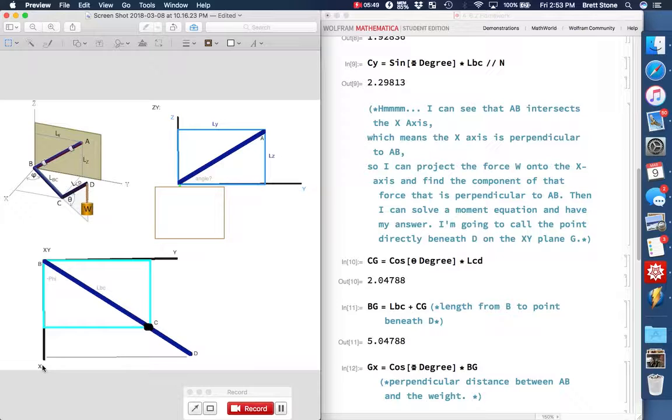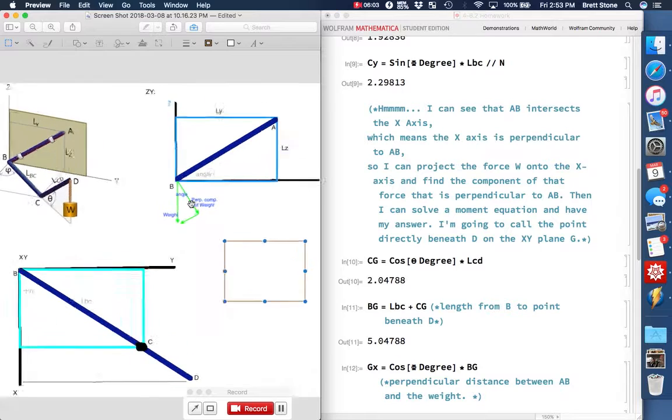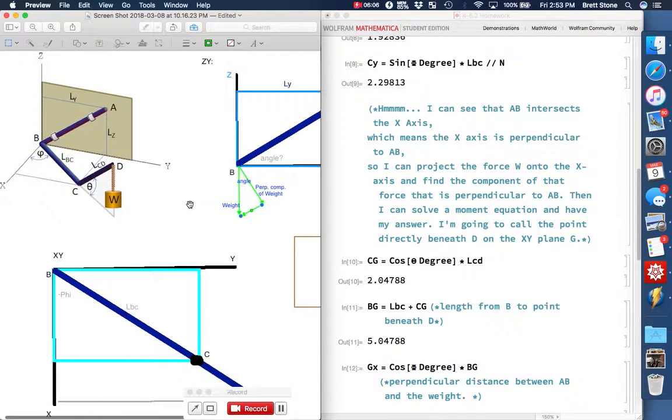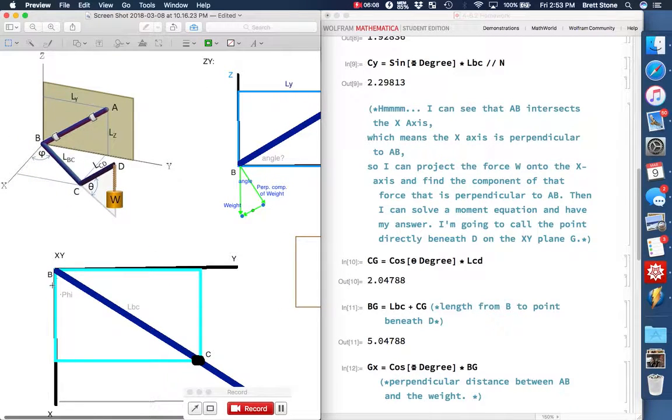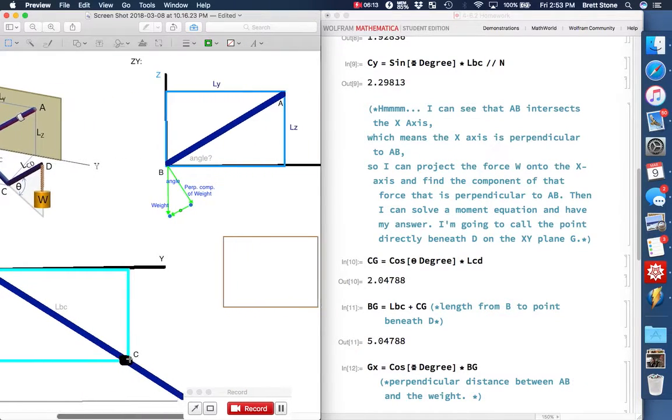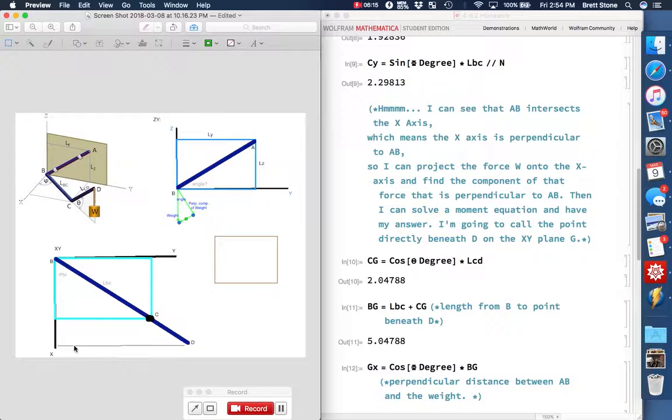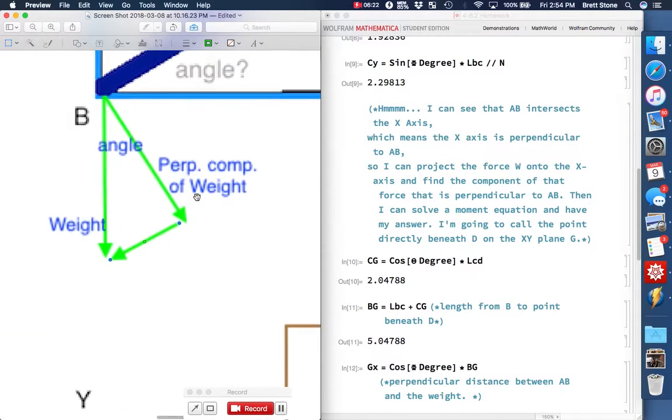But some of you might be saying, but it's not perpendicular to the moment arm. The force or the weight is not perpendicular to the moment arm and to AB, and that's correct. So what I had to do was this part where I said, okay, if I'm assuming that my moment arm is along the x-axis and it's this length from B over to where I've projected from point D, so from B, this turquoise part plus this little black line right here,